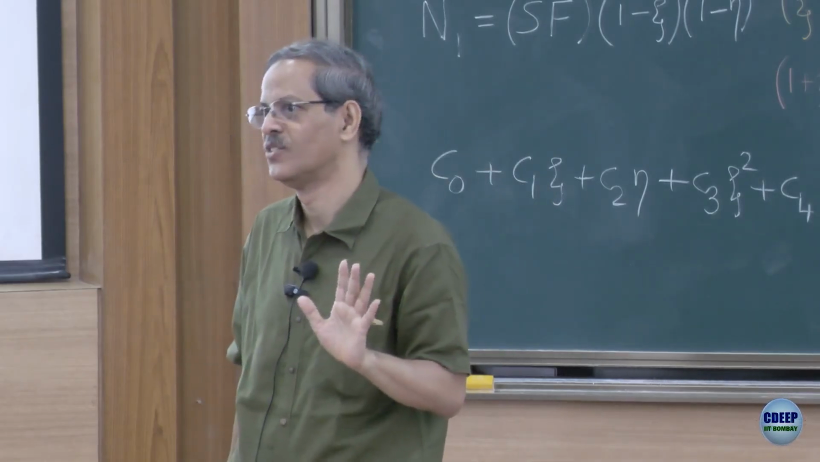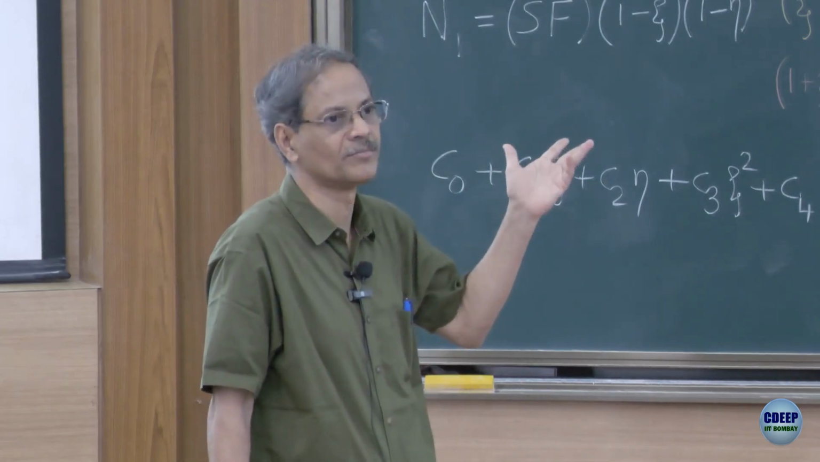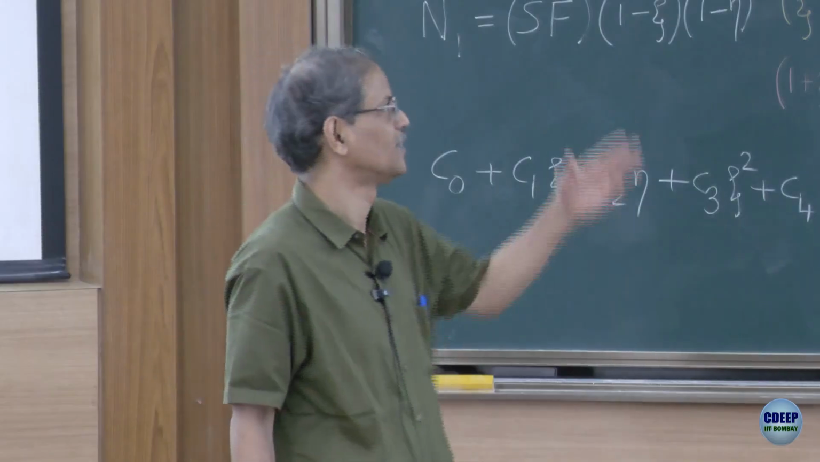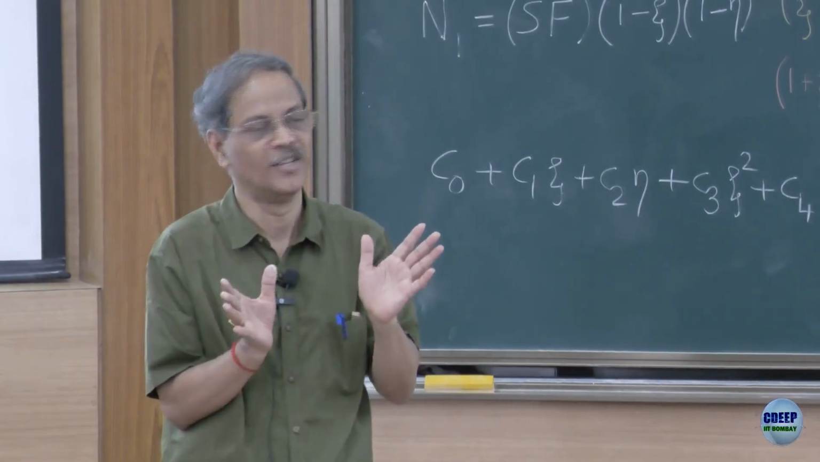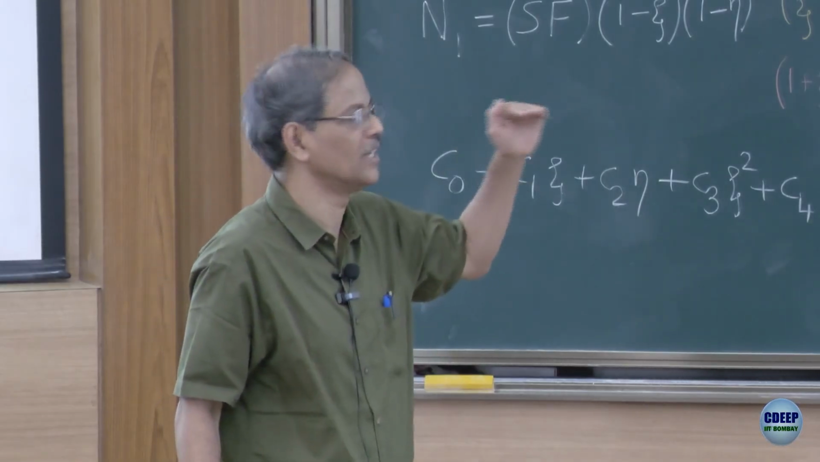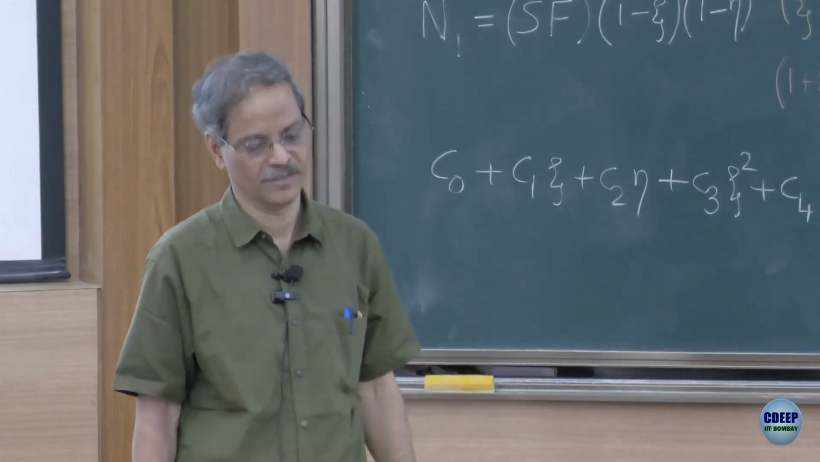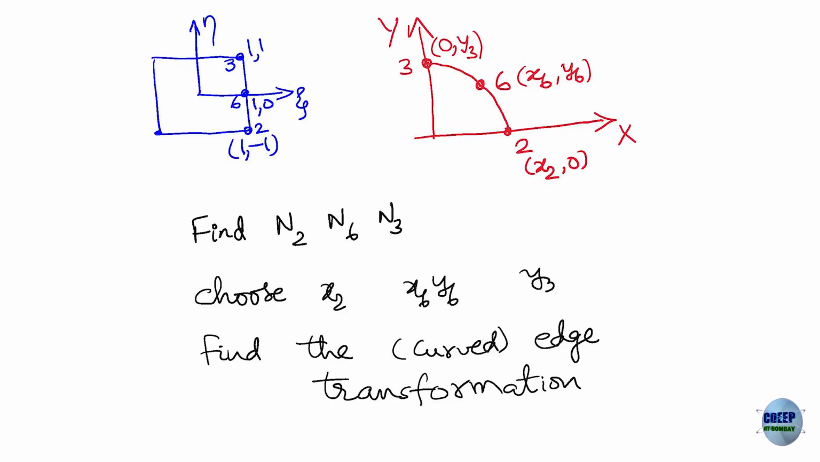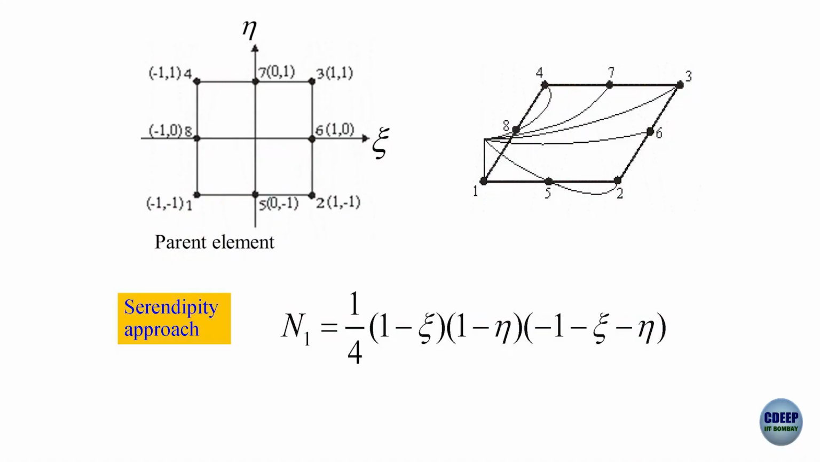Okay. So now you choose x6, y6 to lie on an arc of a circle somewhere on that arc. Doesn't have to be, as I have indicated, on the 45-degree line or something like that, somewhere on that arc. But first you should find out N2, N6, N3 and then do this exercise. Okay. What is N2 that we get? Let's see what N2 we get. N2 will be